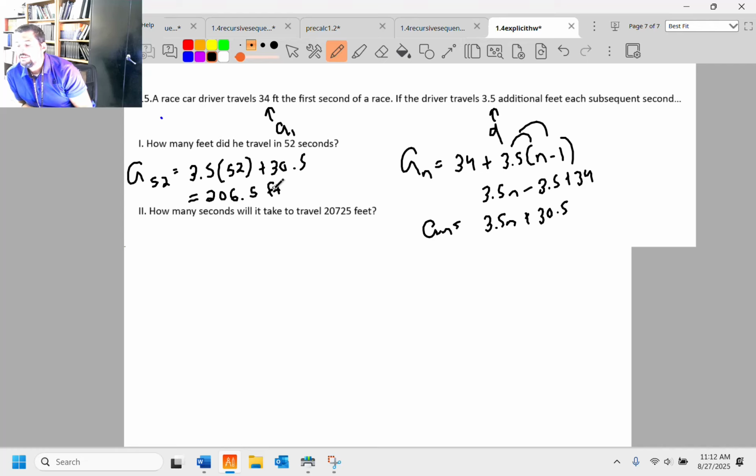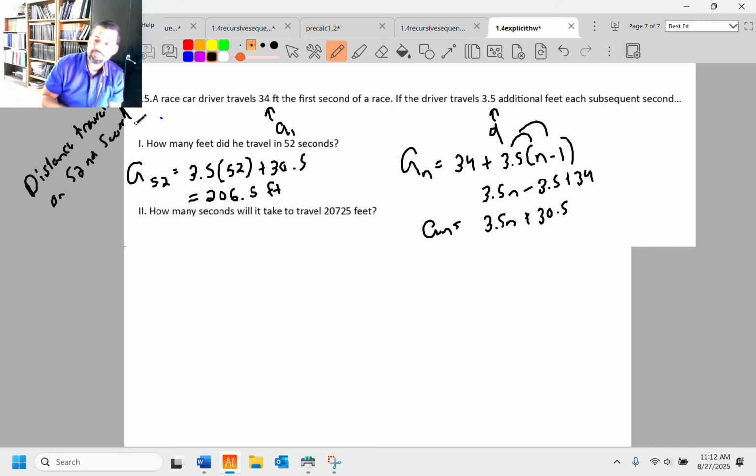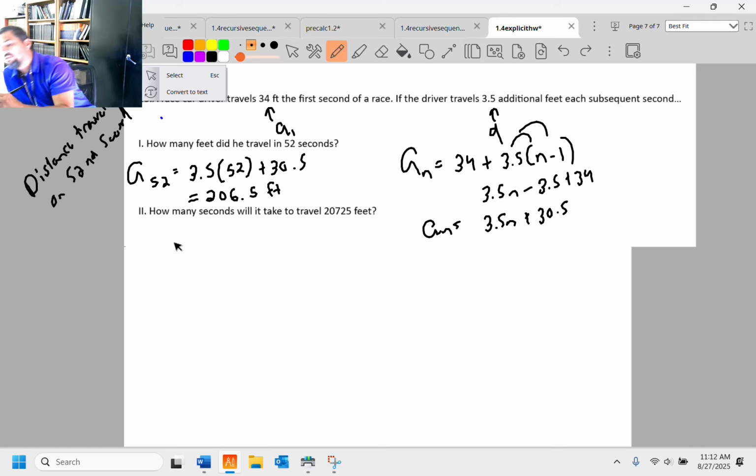Now, that is the 52nd. That's the distance traveled on the 52nd second. Okay? That's not how many total feet he traveled. So we've got to do a little math here. I'm actually going to find the sum of 1 through 52, the sum of 52 terms, to figure out the